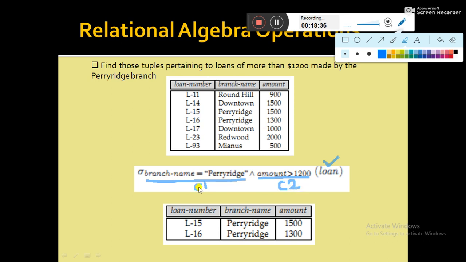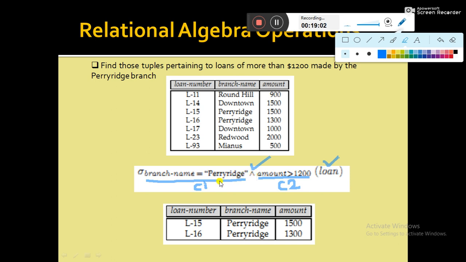So we have to select only those records from loan based on these two conditions. So select only those records whose loan amount is greater than $1,200 as well as the branch name is Perige. So condition C1 and condition C2 are connected with the help of the AND operation.